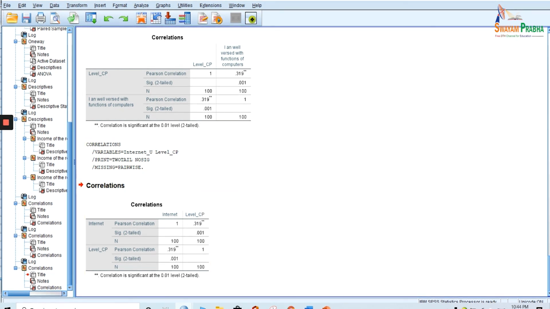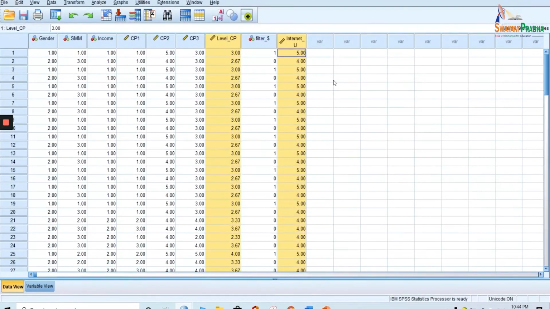So this was all from my side. I briefly explained the very basic functions of SPSS, because at this level we can't talk about very high-level functions. SPSS is a very exhaustive and comprehensive software that you can use for data analysis. But at the graduation level, if you simply understand how to enter the data and how to test the hypothesis, it will be very useful for you in the classes to come. Thank you so much from my side.